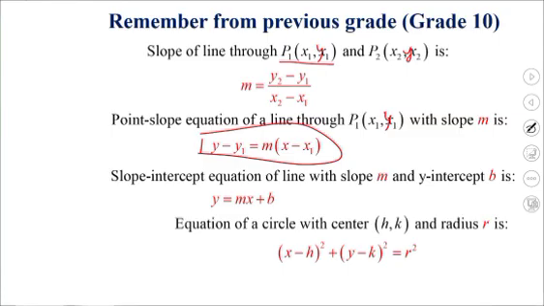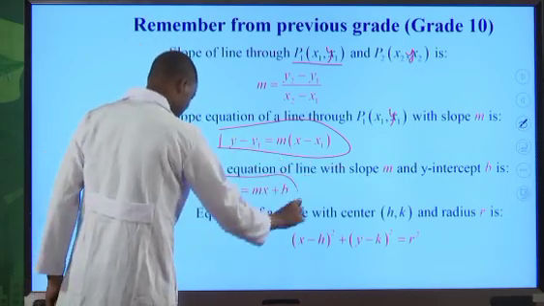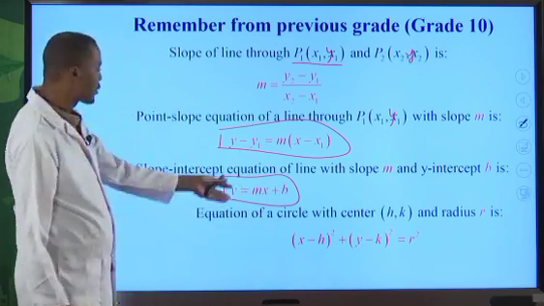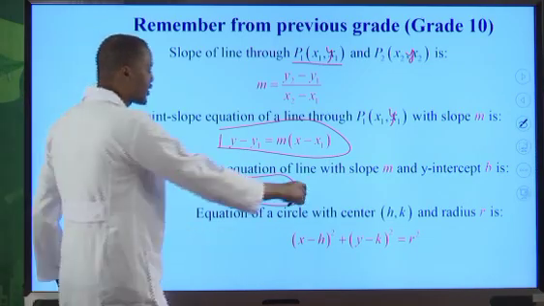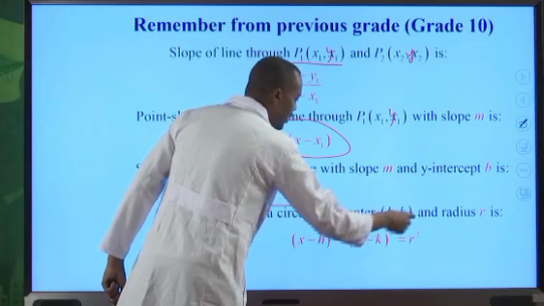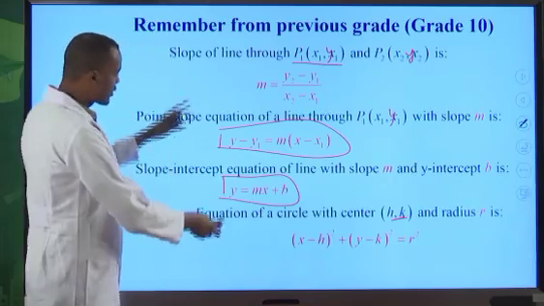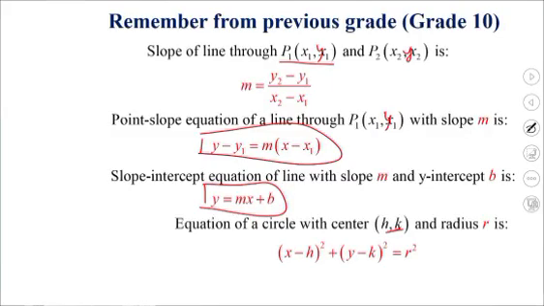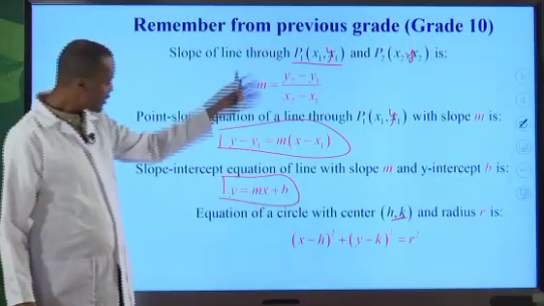Another one is the slope intercept equation of a line with slope m, and the y-intercept b, which is y is equal to mx plus b, and this one is the y-intercept and this one is the slope. This is the equation of a line having slope and y-intercept. And the equation of a circle with center h, k, if this is the center of the circle, and radius r, is given by this formula. This is the equation of a circle. The formulas that I gave you here are to guide you whenever you wanted to reflect from one point to the other, and on the way, if you wanted to calculate the corresponding equation of a line or the corresponding equation of a circle, this is a quick reminder of